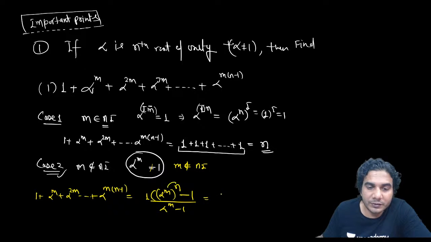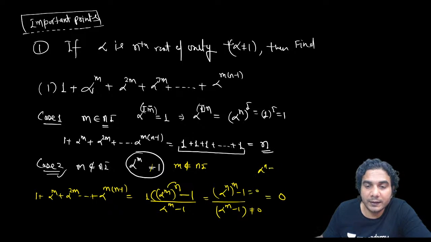Then you can interchange these two powers. So you can write (alpha raised to n) raised to m minus 1 divided by alpha raised to m minus 1. Okay. So now you can see the denominator is non-zero while the numerator is equal to 0. So this is going to be 0 because alpha raised to n is 1. Alpha raised to n whole power m is 1 raised to m. So this is going to be